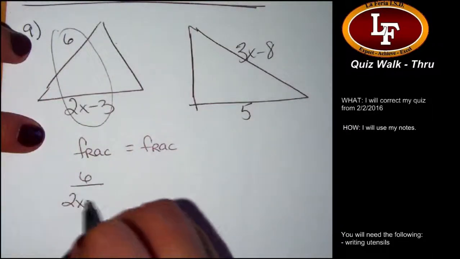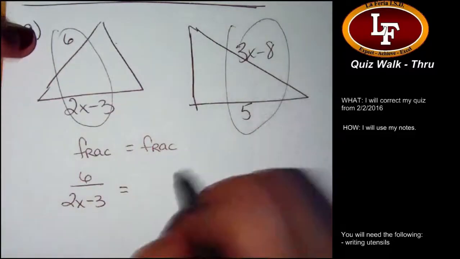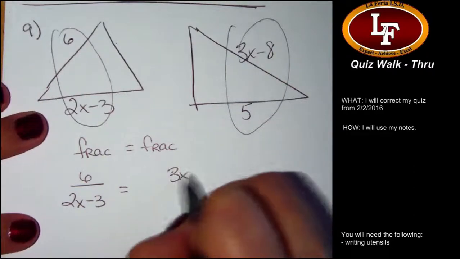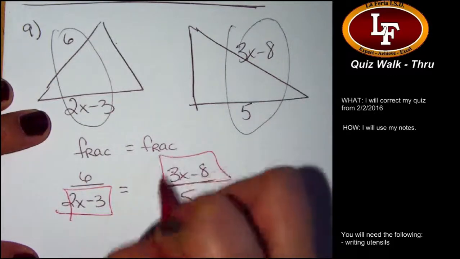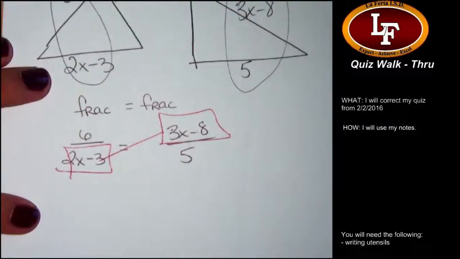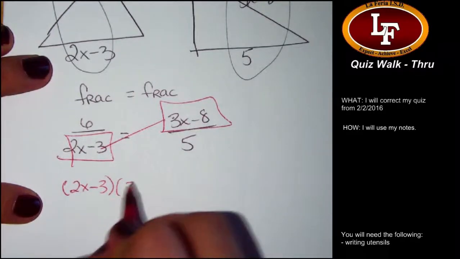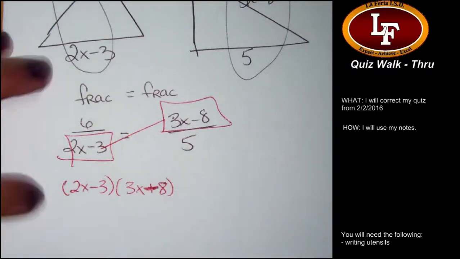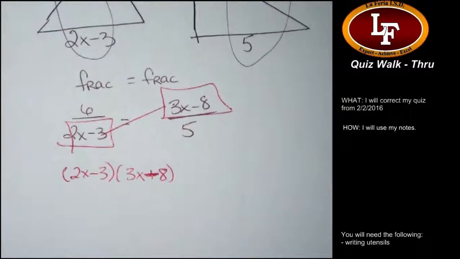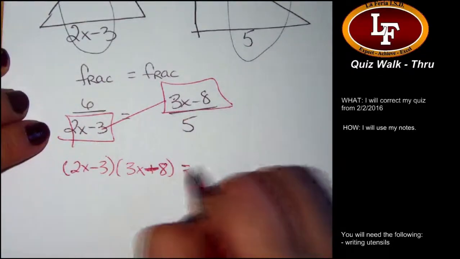So here's one way that you can put them together. These two as a fraction equal these two as a fraction. And then we'd cross multiply and solve. But look at the problem with our cross multiplication here. You're going to end up with something like this. Do you know how to handle this? Did you see this in Algebra 1 at all? No. So you probably don't have the tools to solve this, but if I saw at least this much setup,